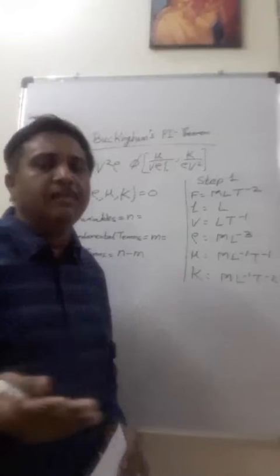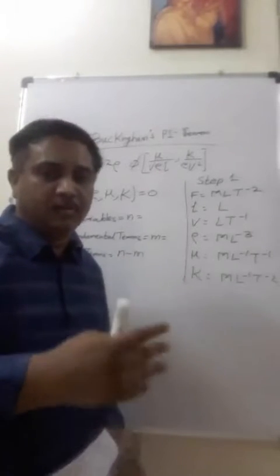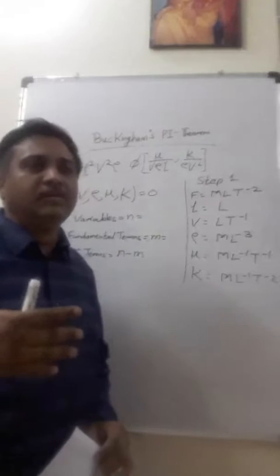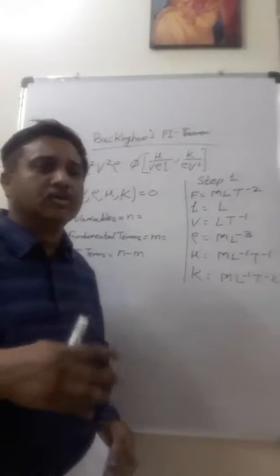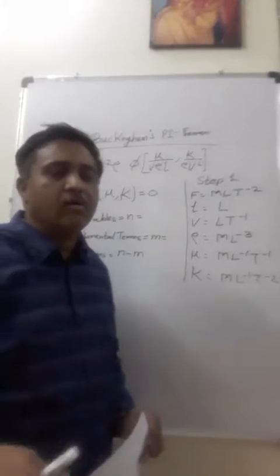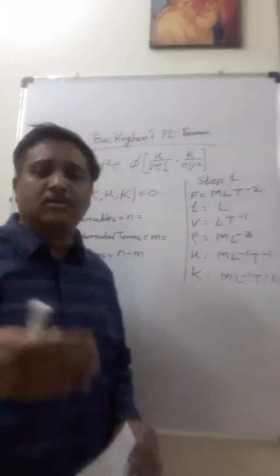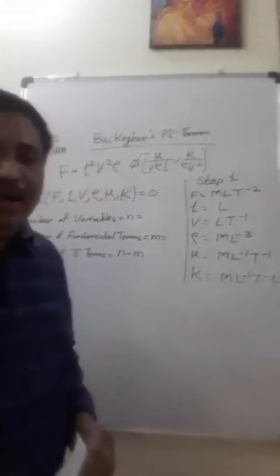When the number of parameters in any problem increases to more than 5 or above, then we generally prefer Buckingham's theorem, because by using the Rayleigh method it becomes a little bit complicated and cumbersome. Now I will be explaining using some numerical. I have already written some part of it because otherwise writing will take time.